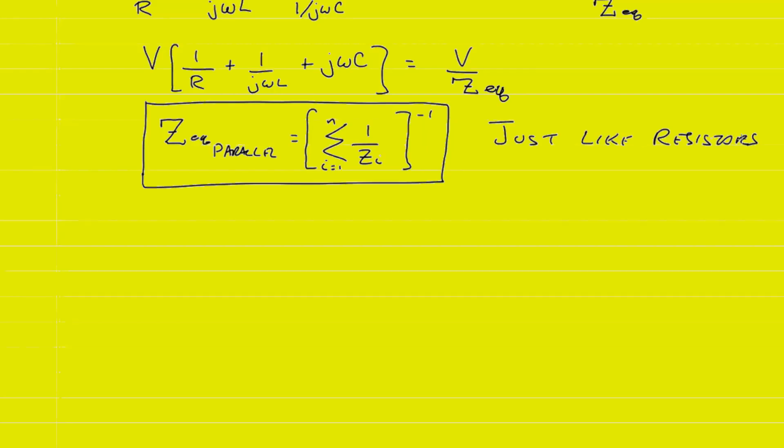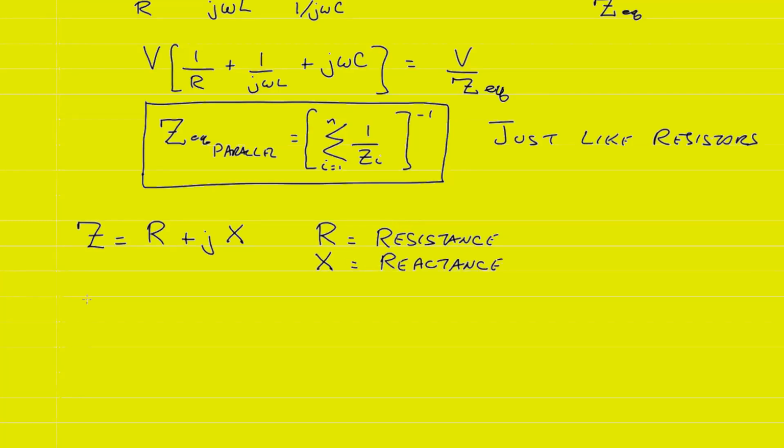Now you'll notice that in general, my impedance, Z, will consist of a real part, known as the resistance, plus an imaginary part, jX, where R is real, and that's our resistance. The imaginary part, X, is known as the reactance. In some cases, it's more desirable to think about the inverse of the impedance, and we call that the admittance and give it the symbol Y, and Y will be equal to 1 over Z, and that's equal to our